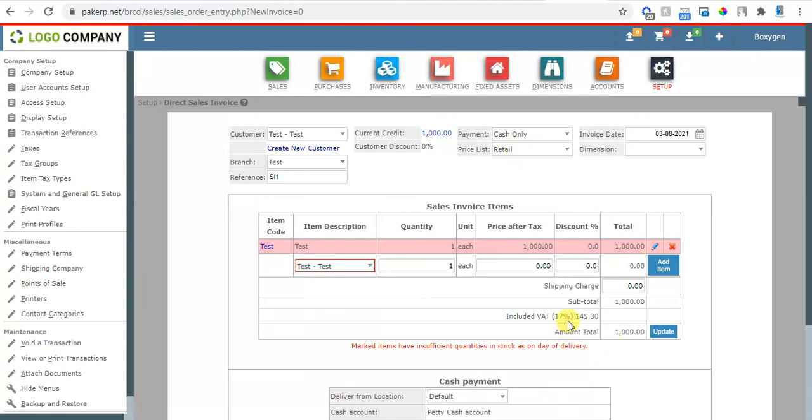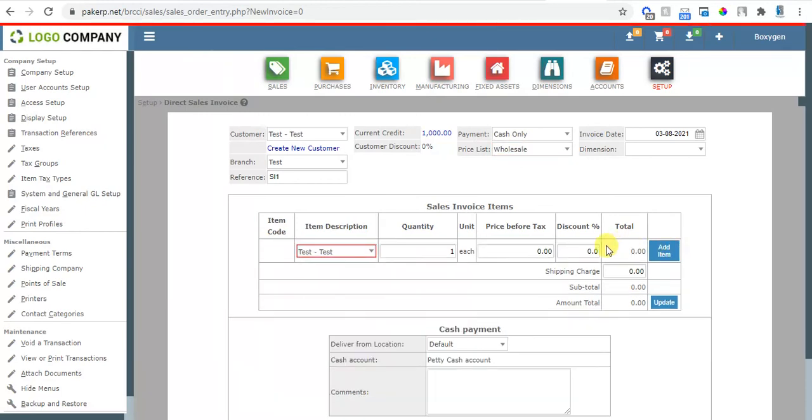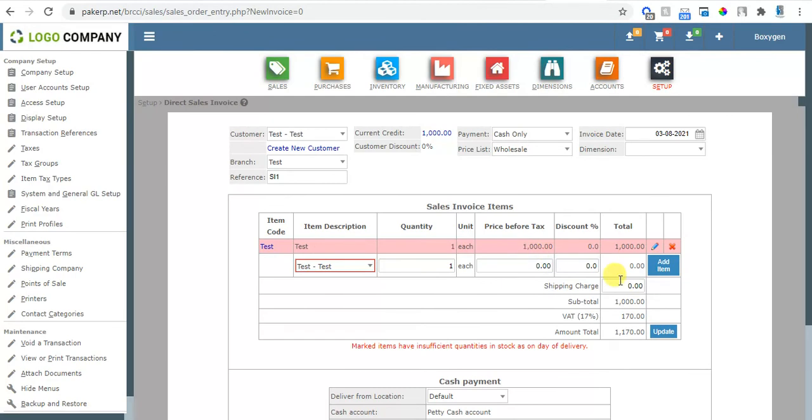Now here only one tax is applied, 17%, because it's retail, the tax is inclusive. If I change it to wholesale, the tax will be exclusive, and only one tax is being applied. So this is how tax and tax groups are working.